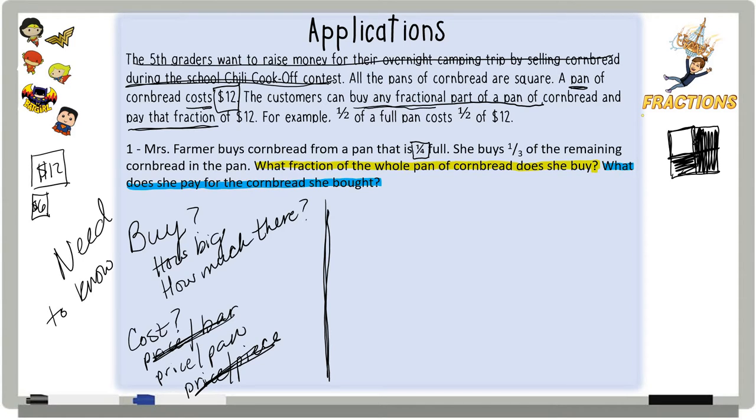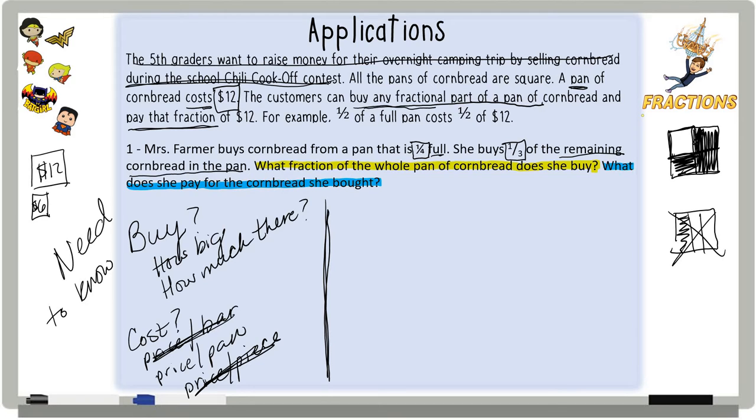So the pan is 1/4 full, and then she buys 1/3 of the remaining cornbread. So she didn't buy 1/3 of the pan. She didn't buy this. There's not that much left. That's not what's happening. They're saying out of this right here, so out of this 1/4, she now took that